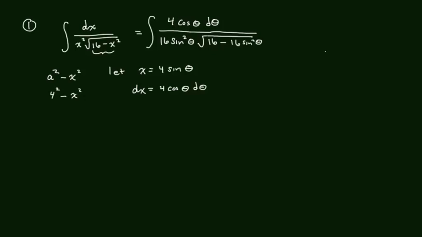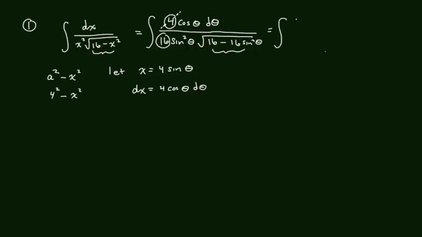Initially I see that I have a 4 over 16, so that's nice. But the 16 inside here I want to factor out. I'm not really factoring out a 16, I'm factoring out a radical 16 because it's under the radical. When I pull out a radical 16, I'm really pulling out a 4, and that's going to cancel out with the 4 that we see here. So we are left with,